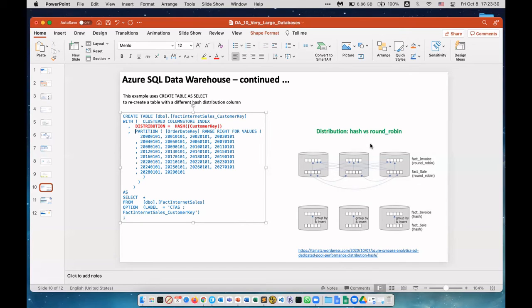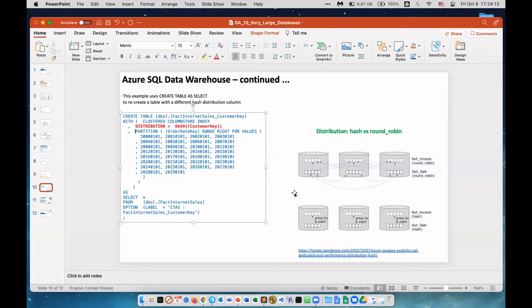And here on the right, there is an example where you have two fact tables, and the question is how you distribute them between nodes. Here we have 3 nodes, and below you distribute them by the same hash. Then when you join them, all joins will be in the same node, because the same ID by hash function will be put in the same node for both tables. But if you use round robin, then they go randomly, and when you do the join, they'll have to move data between the nodes, and the query will be extremely slow.